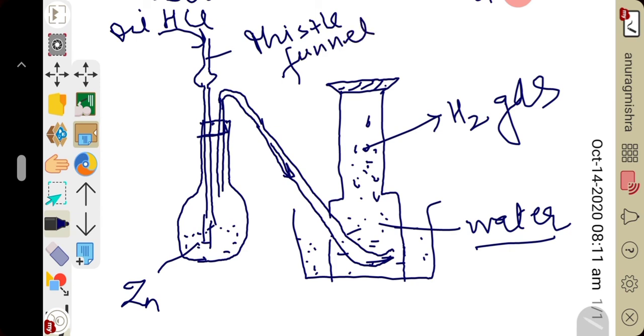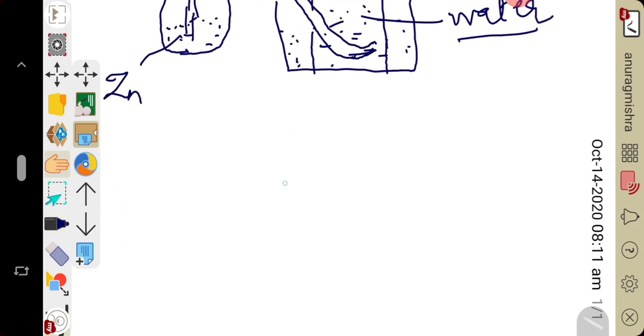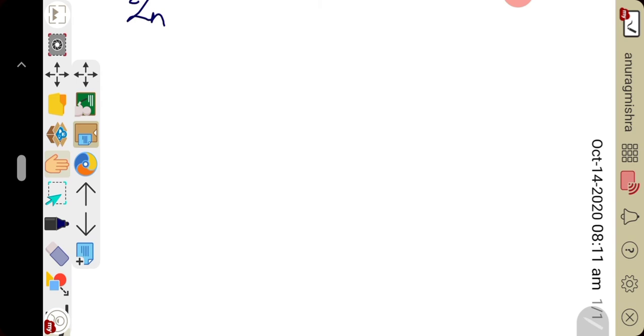Right? Clear? So let us see the procedure and how the reaction takes place. Setup: I told you how to arrange the apparatus. First of all, you have to place some pieces of granulated zinc in a flat bottom flask fitted with an airtight cork. I have already shown the diagram to you. With two holes, through one hole a Thistle funnel with a long stem, and through the other a long delivery tube will be connected. With the help of that Thistle funnel, you will pour dilute hydrochloric acid into the flat bottom flask where granulated zinc is already present.